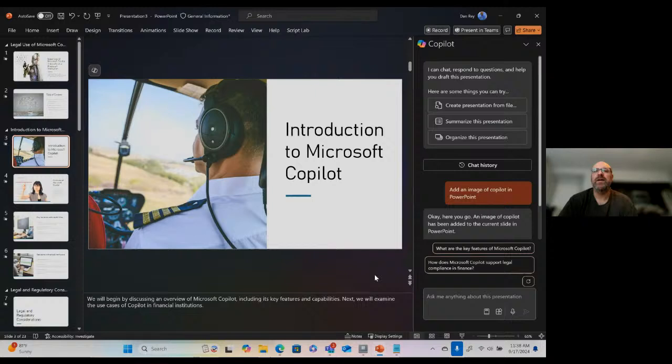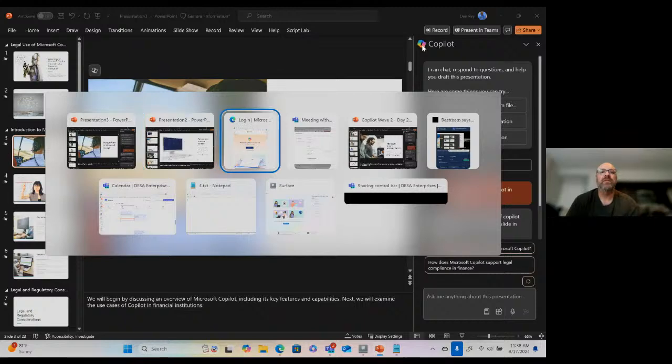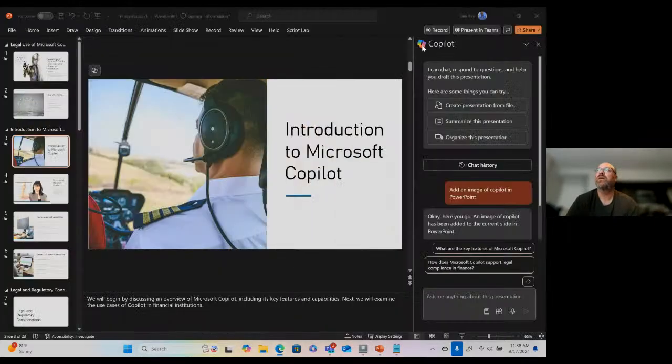Let's show the tabs within there. We have the multicolored Copilot logo there. So this is a little bit about some of the new features that have come out for Copilot specifically in PowerPoint as of yesterday. And let's hop over to our other window here. Take a look at if anything's going on in Restream from our various platforms.